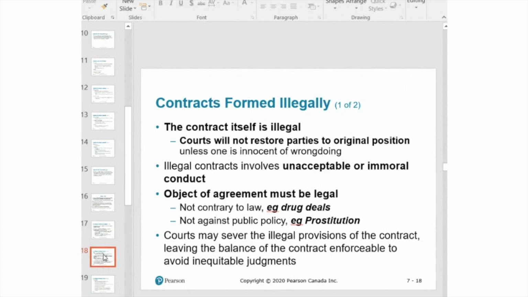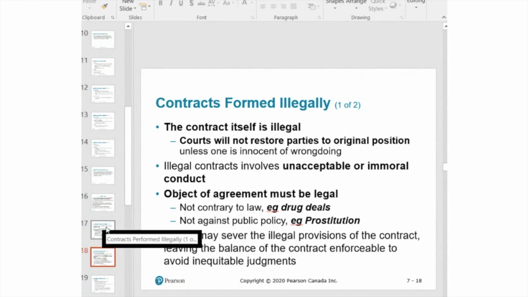So let's say last week I ordered some drugs through Uber Eats, and I used the drugs, and the drugs were not good. The quality was bad, so I wanted to sue the drug dealer. This is a joke, but I wanted to sue the drug dealer. I could not. Why? Because drug is an illegal object, meaning the contract itself is illegal. So courts don't help parties when the contract is illegal.